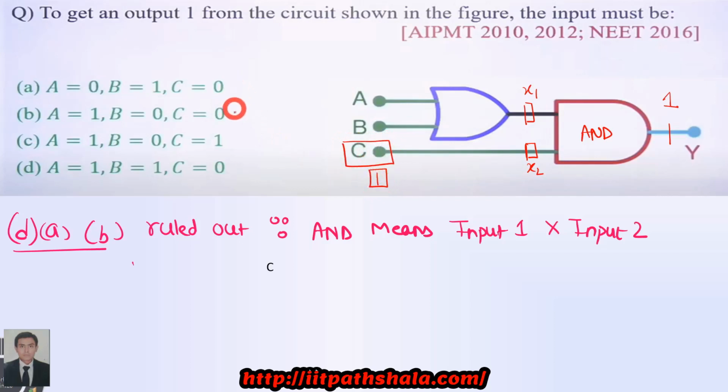In the following options over here, every option has a C with a 0. So please negate those options. You will be left with this option, C. Now by the logic of the AND gate, I can say that option C is the correct option. So the others are ruled out because AND gate means multiplication of the two inputs, and only option C gives me the appropriate condition.